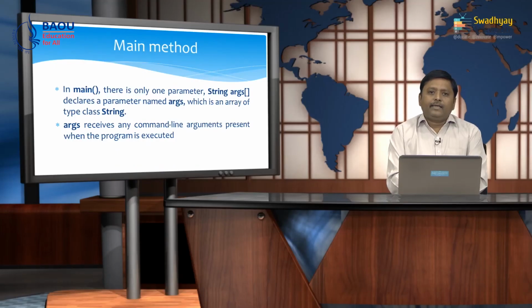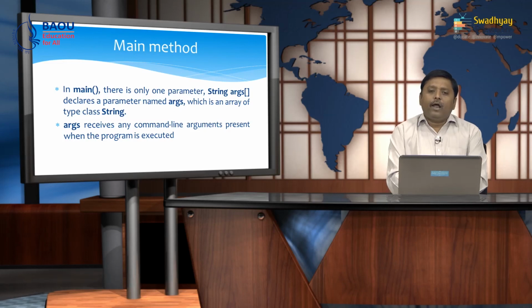Suppose my syntax is type and a file name. This file name, which is typed at the command prompt, can be considered a command line argument, and it can be fetched inside the main method, and we can use this parameter for opening that file. Likewise, we can have other uses of these command line arguments also.